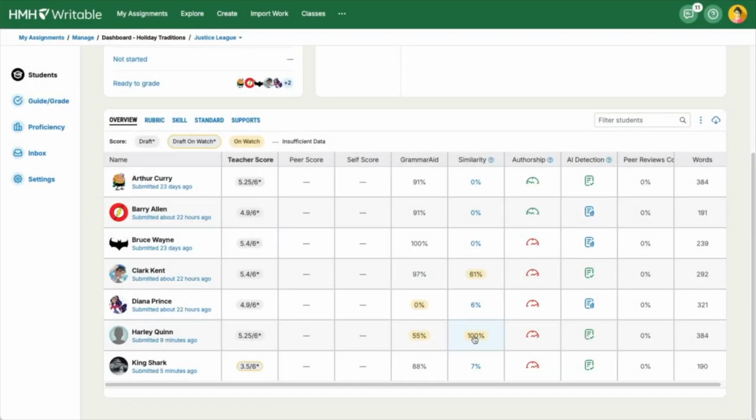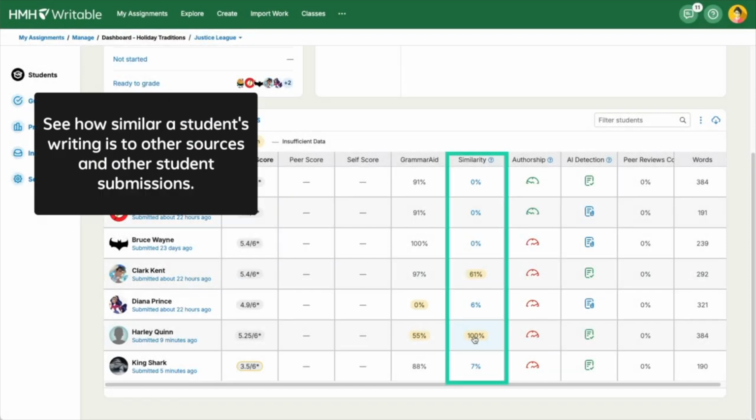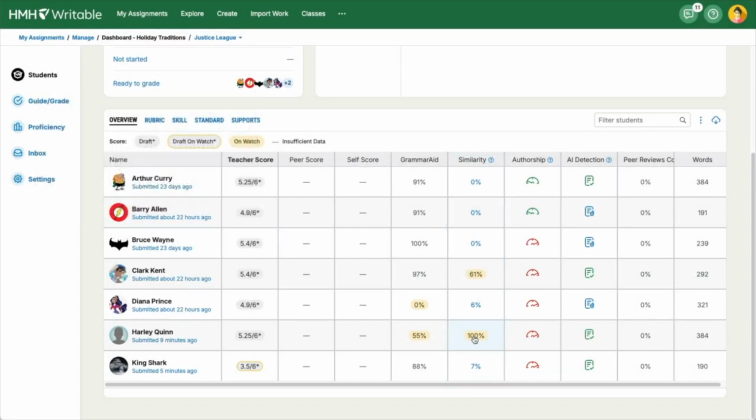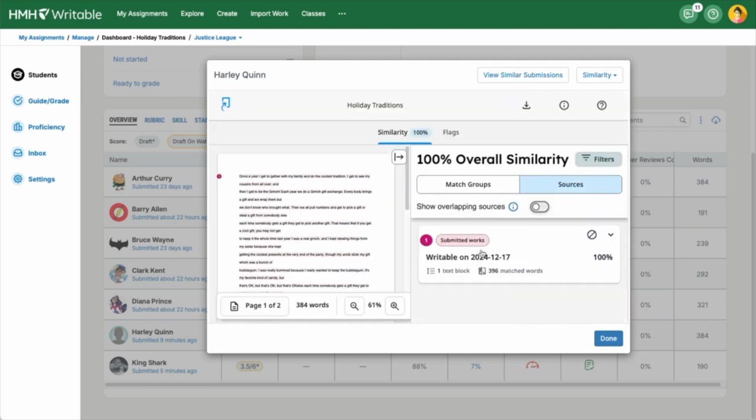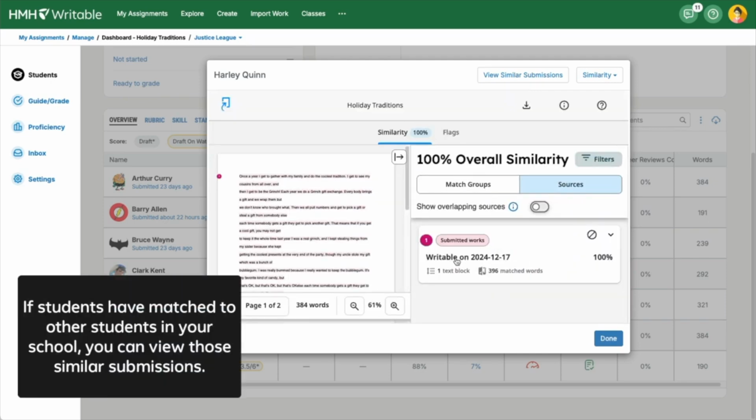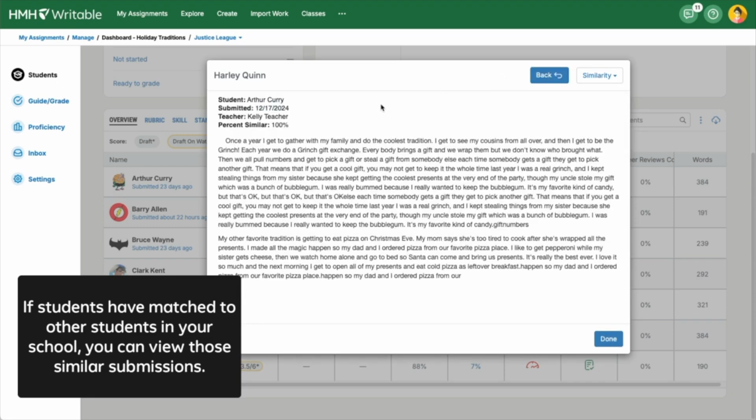This tool identifies similarities between a student's work and other sources, including online content and other student submissions. Click the similarity score on the assignment dashboard to show the percent of text that matches, and more details about the sources. If students have copied from another student in your school, you will also be able to view those